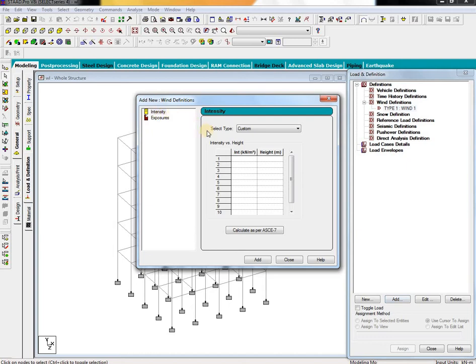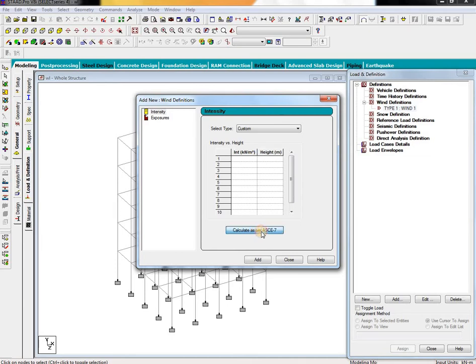Here the intensity, if you need, you can give it. For example, you already calculated yesterday; I already uploaded one video on how to calculate the wind loads and all. If you don't know, you can check my previous video. Here you just apply the particular load. So for example I will say 12 here.